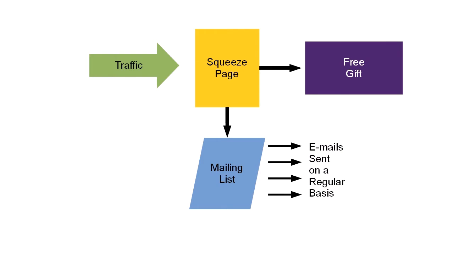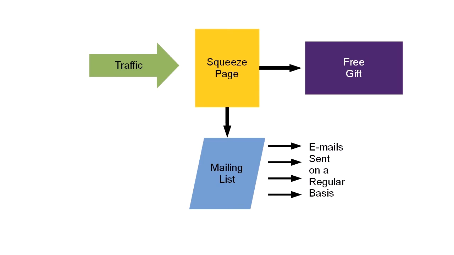Now, this chart gives you the basics of how email marketing works. First of all, you drive traffic to a squeeze page, and a squeeze page is a page on a website that has a form where the visitor can enter their name and email address. And once they've confirmed that they wish to receive emails from you, they receive a free gift. And this free giveaway can be anything really. It can be an ebook, or it can be a video, or it can be an audio, or it can be a report. Anything that has a high perceived value and can be delivered right away digitally.